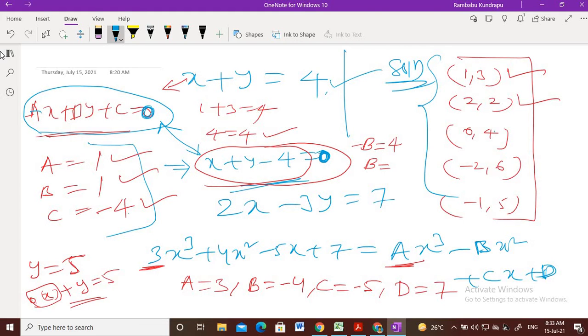What will be the reason that all the solutions lie on the same line? These are the solutions of this equation. That means all these points satisfy this equation. If we take five solutions, does it not lie on the same line? It will come on only one line. For example, you see.